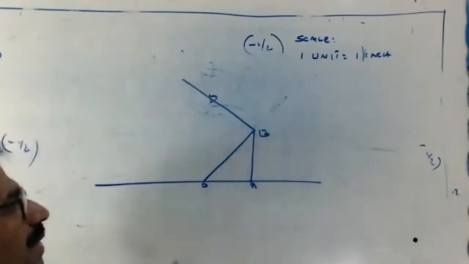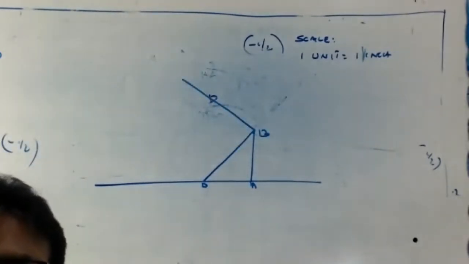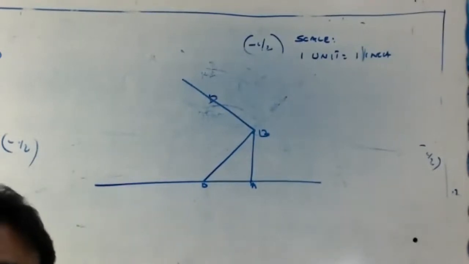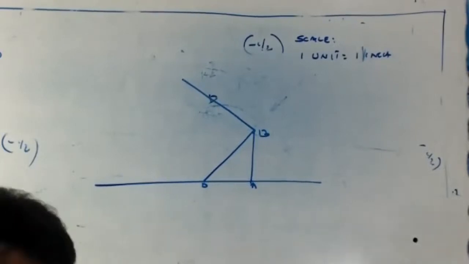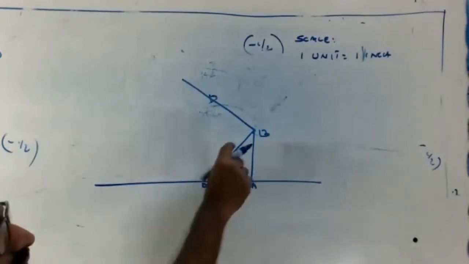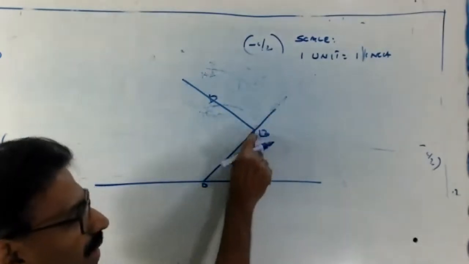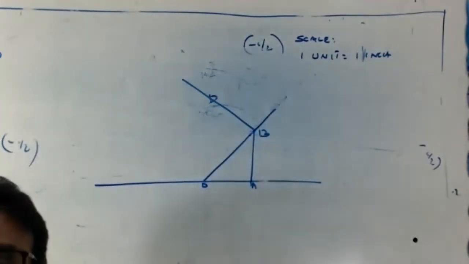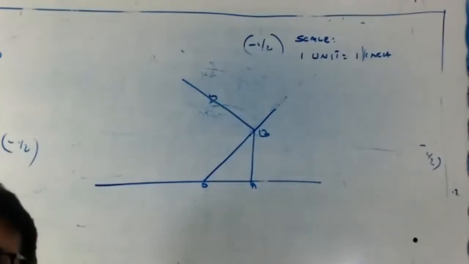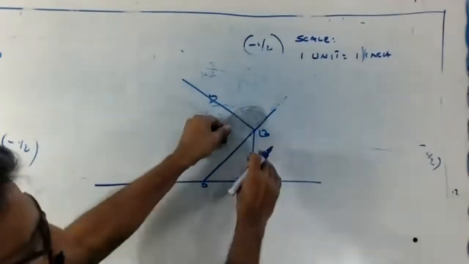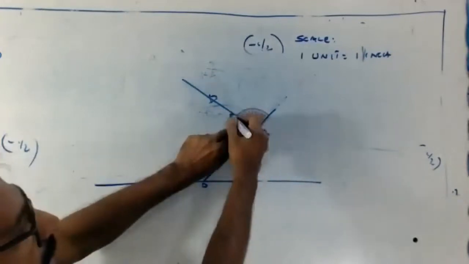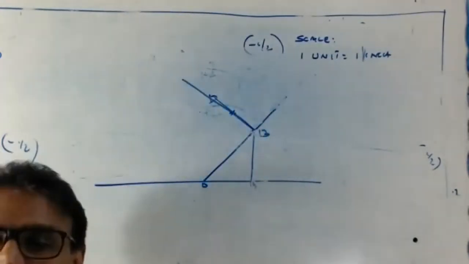This perpendicular we need. Is your school using protractor or compass? Protractor, so very simple, done. No need to worry about the arc. You just keep the protractor here. See the 90. Just draw, finish. Now clear?